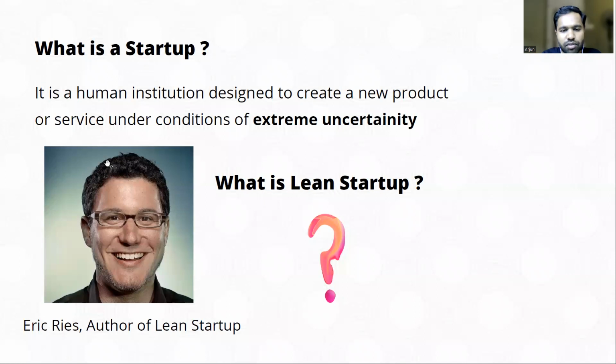So we saw what a startup is. Basically, it is an organization designed to search for a repeatable and scalable business model. But it is also an organization that operates under extreme uncertainty. So basically, a startup is a kind of human institution. A startup has a very limited number of manpower. Basically, you and your friends can form a team and start up a company.